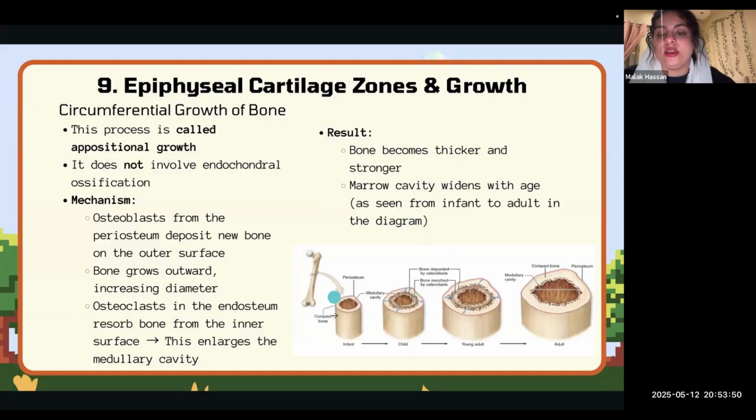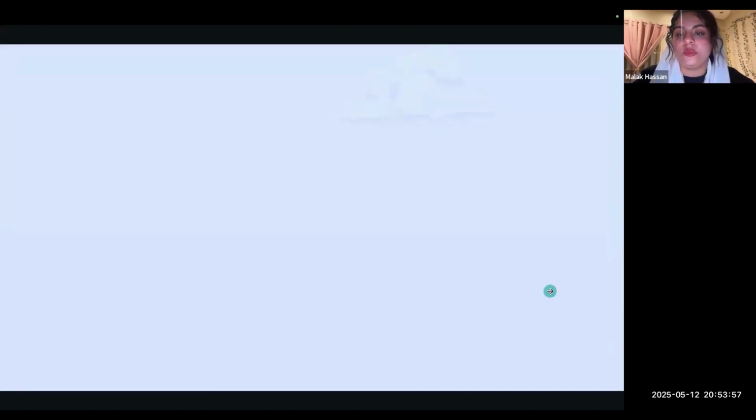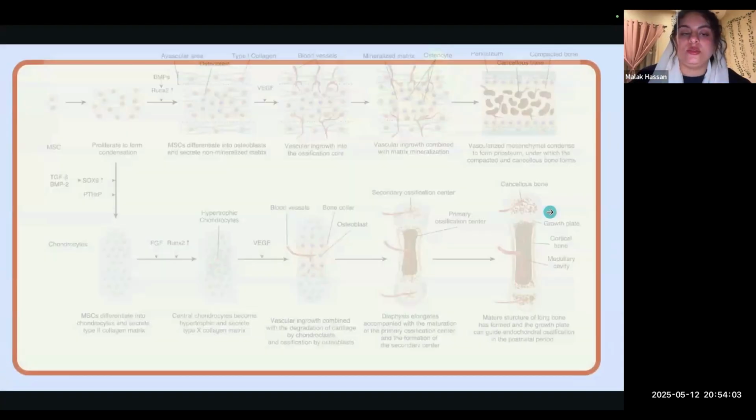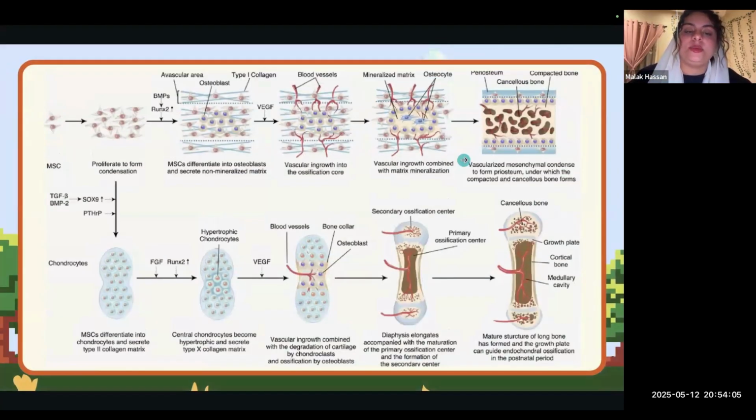So on the outside, you're adding bone, but at the same time, you're breaking down the bone on the inside. And this is what happens when someone grows with age, like from an infant to adult, and you can see that. And this picture compares endochondral ossification with